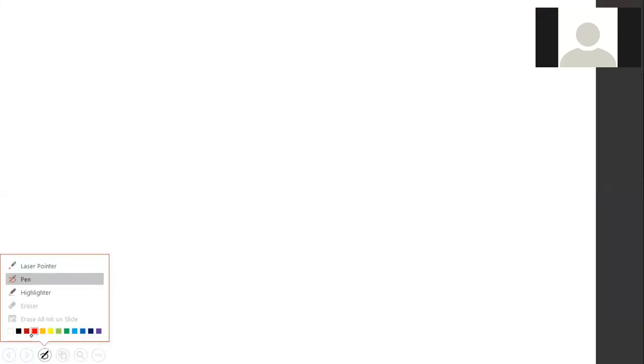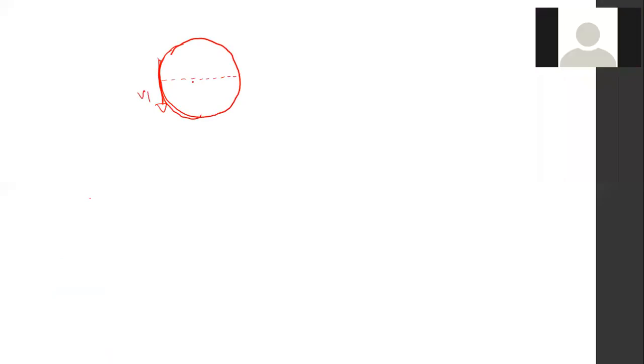So, what are we doing now? I'll go back to the same question again. The particle is going in a circular path like this. The question is: find the average velocity when it has traveled through 180 degrees like this. This is V1. 180 degrees means here, isn't it? Right? But the speed is V.